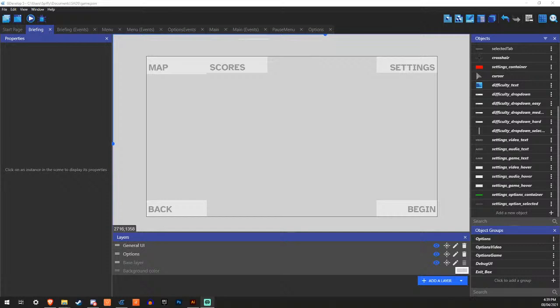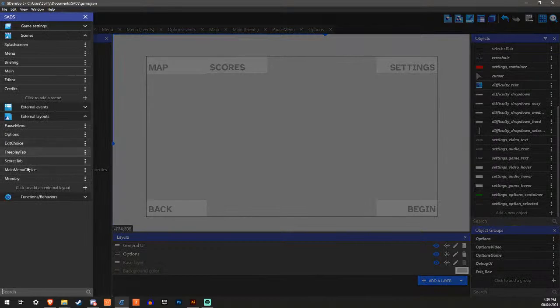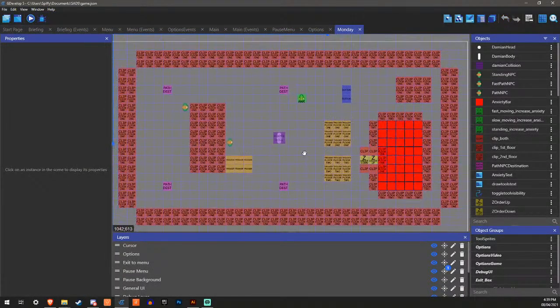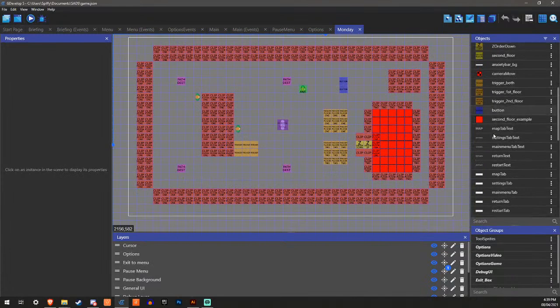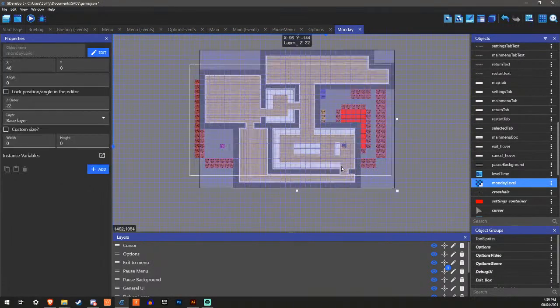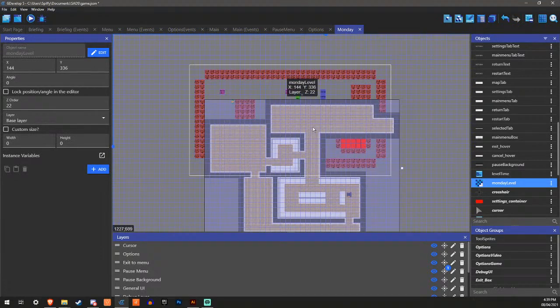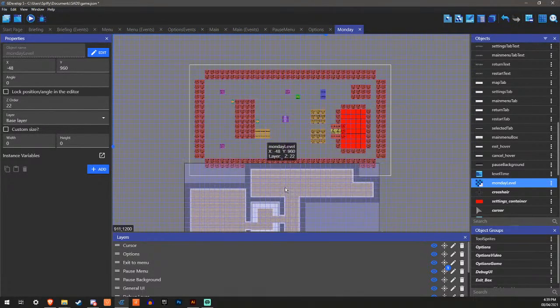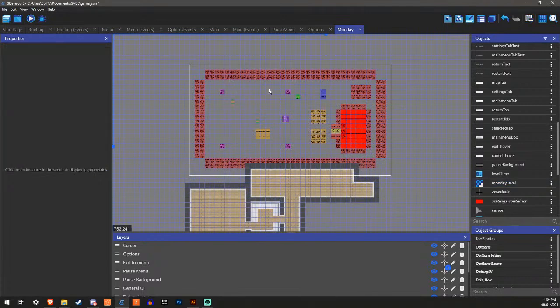Alright then. Let's see. I might use Tiled. Yeah. Let's just try doing that, and then this. Okay, so this does actually work. Okay, let's just see how this looks then if I use all the stuff.